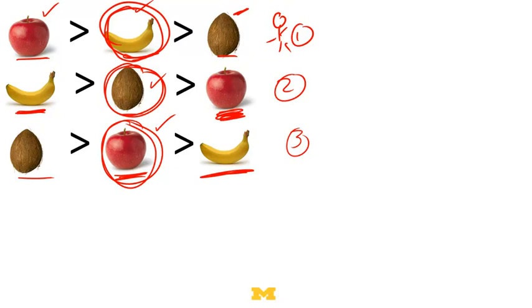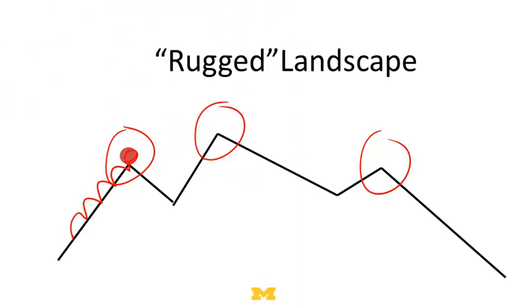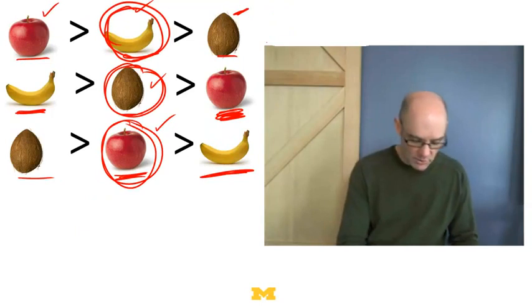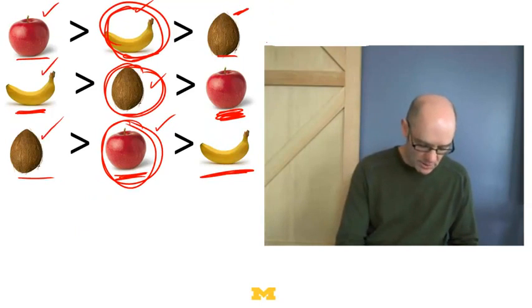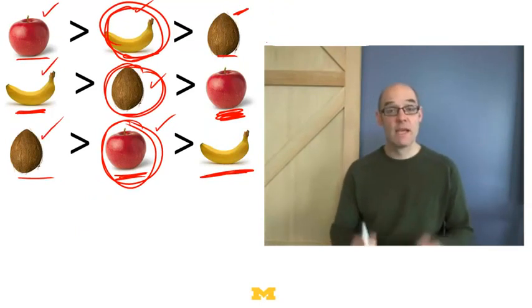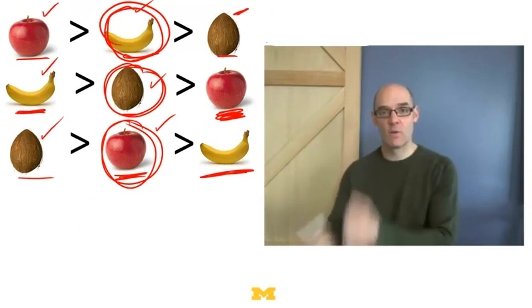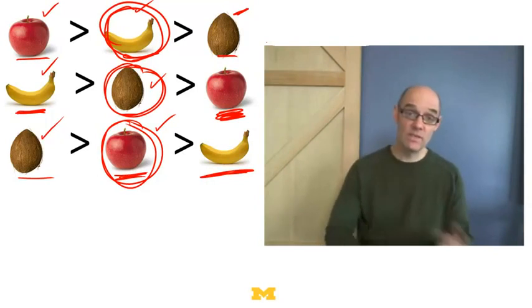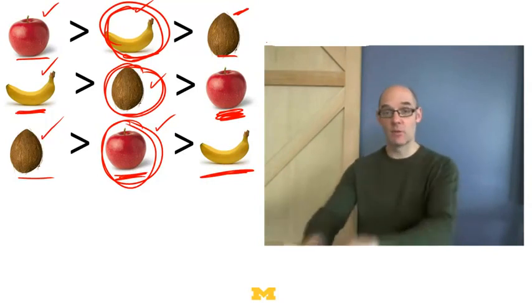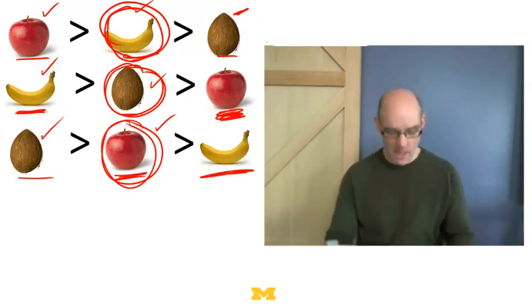One way to understand that metaphorically is to think, here's the landscape, and they're stuck at this point. There's someplace they could get that could be better. It could be that if person 1 had the apple, person 2 had the banana, person 3 had the coconut, they'd be better off. But they can't get there by pairwise trades. They could do it if they had a more sophisticated trade, where they put all 3 things on the table and each person grabbed the thing they wanted. But through pairwise trades, they don't get there.